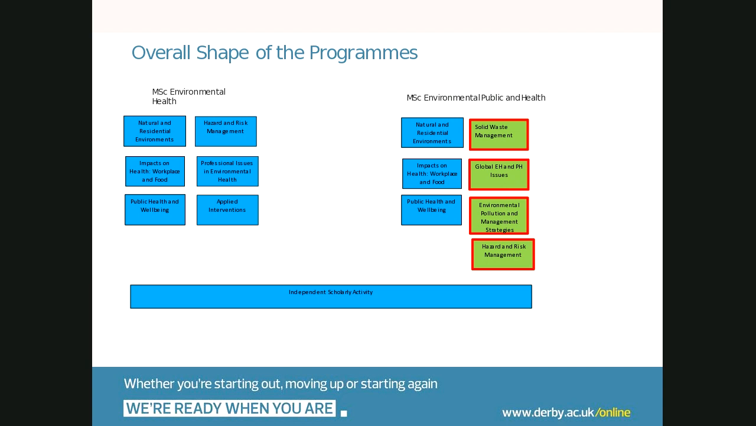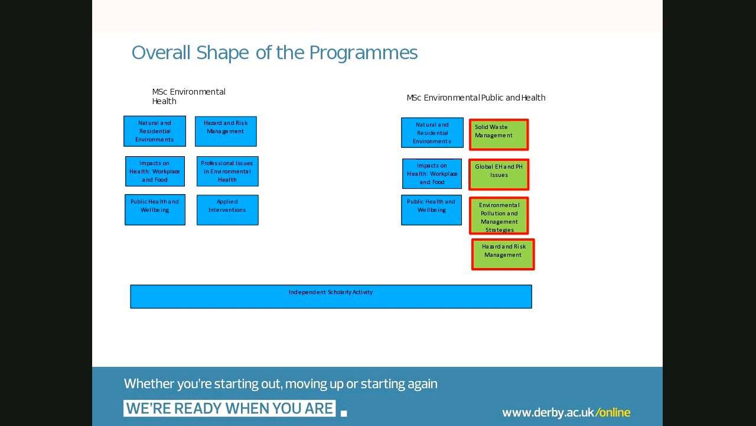Then in the spring semester starting next January, you then take the Impacts on Health and Workplace module, and then in the summer next year, summer semester, you would take the Public Health and Wellbeing module. So you basically complete one semester,